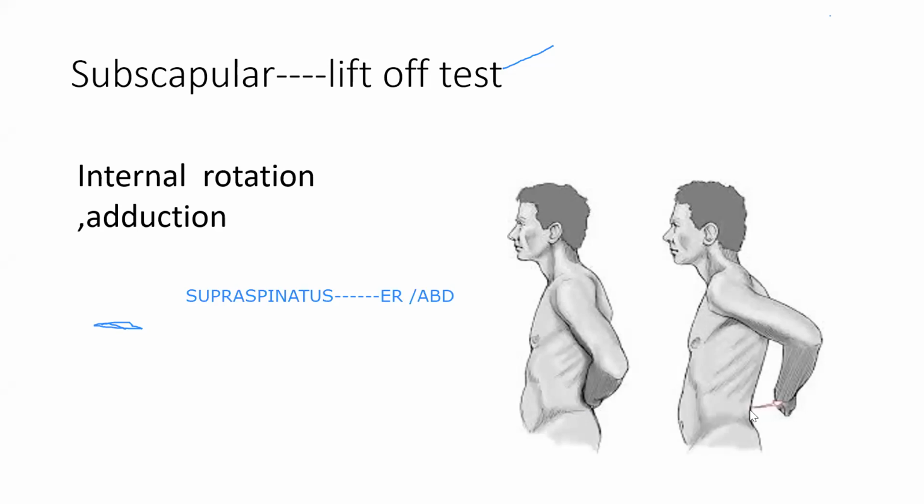If the patient can push it back, it means the subscapularis is working, so it is not a lift off. Why is it known as lift off? If your girlfriend or boyfriend is very angry and you touch them from the backside, they always ask you to lift off, meaning get away. So this is the action of lift off. This is mainly a test of the subscapularis, so you can remember it that way.